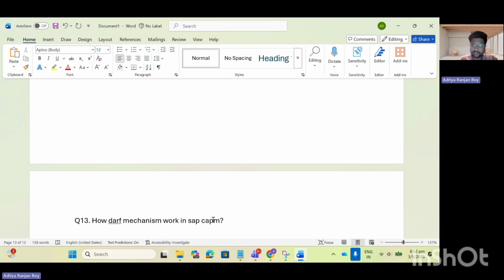Basically they want to know how we store data in the browser, so that when a user comes back, everything they filled in is saved and not erased. As an example they gave: if a user fills the form halfway, then takes a break and comes back, all the data they filled is stored somewhere. How we use it in our CAPM application, that term is called the draft mechanism.